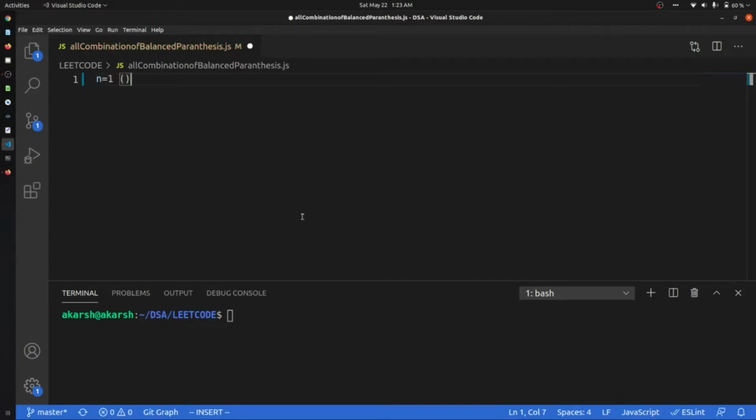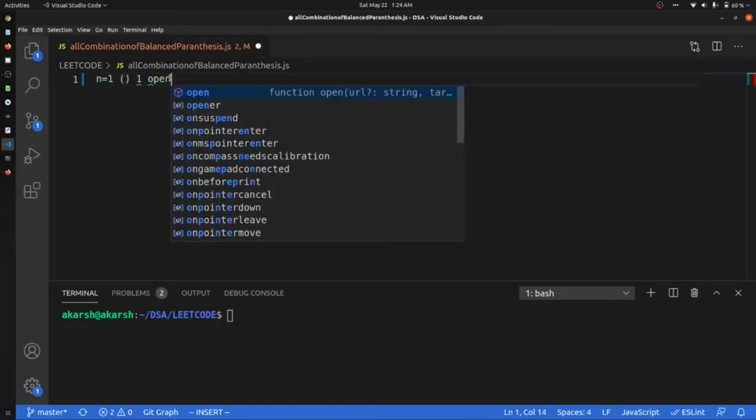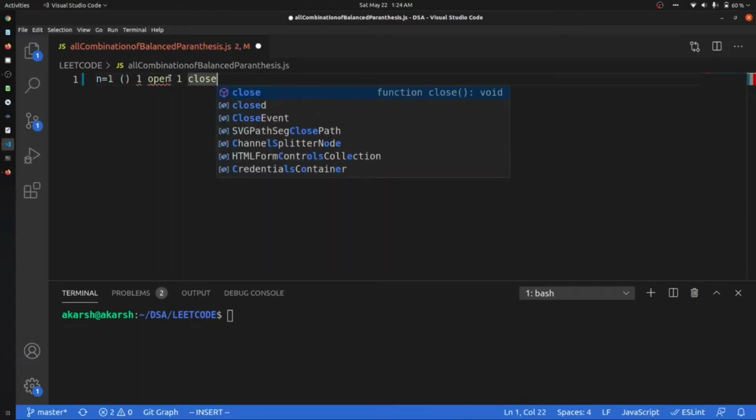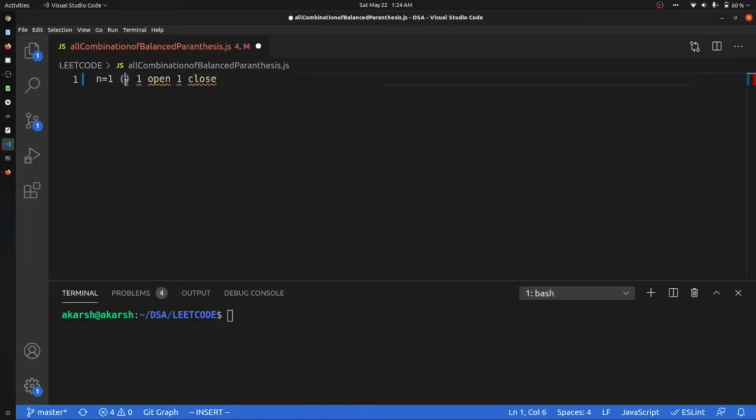We have to just print a single open and close bracket. What this n says is that the output should have one opening brace and one closing brace, and the output should be balanced. It should not happen like this, a close and then an open. This is not a balanced parenthesis, so we are allowed to have only the balanced ones.